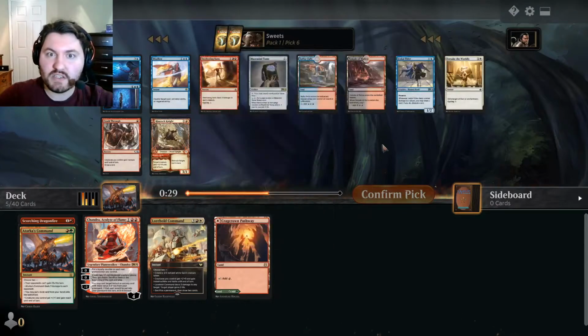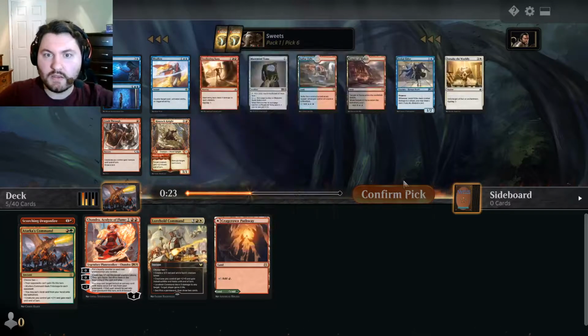Here, maybe just take the Rimrock Knight. It's an early threat that goes well with the Atarka's Command, and also it's kind of a combat trick. I think that's better than taking...